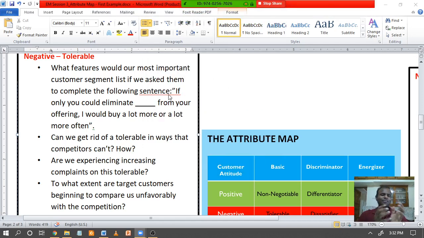So is this something that will attract people? The flexibility we put in the system. Do we lose anything? Do faculty lose anything by this? No. Do students lose anything by this? No, it's actually a gain for the students. Exactly. It's a win-win situation, right? Now, this is what is called as, that is why negative tolerable should be introspected.